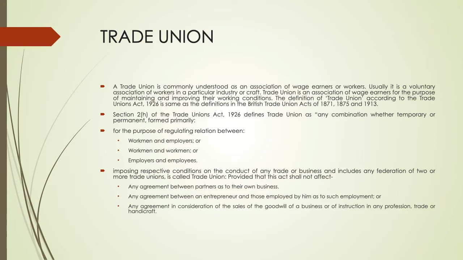Section 2 Clause H of Trade Union Act 1926 defines trade union as any combination, whether temporary or permanent, formed primarily for the purpose of regulating relations between first workmen and employers, second workmen and workmen, third employers and employers, or imposing restrictive conditions on the conduct of any trade or business, and includes any federation of two or more